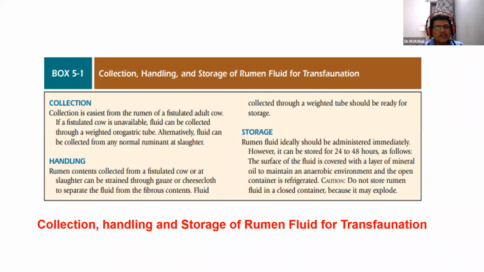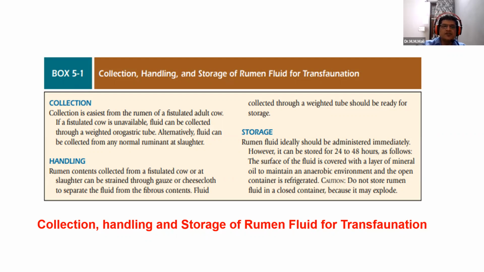Handling is also easy. Rumen contents collected from a fistulated cow or at a slaughterhouse can be strained through a gauze or cheesecloth to separate the fluid from the fibrous contents. The fluid collected through a weighted tube should be ready for storage, and the rumen fluid ideally should be administered immediately. However, it can be stored for 24 to 48 hours if the surface of the fluid is covered with a layer of mineral oil to maintain an anaerobic environment, and the open container is refrigerated. There should be a caution: do not store rumen fluid in a closed container because it may explode due to